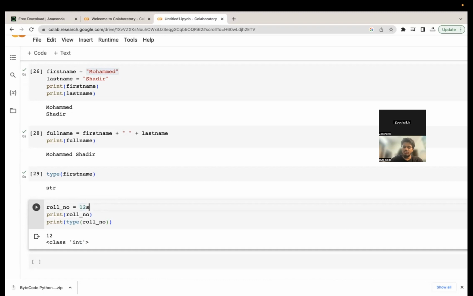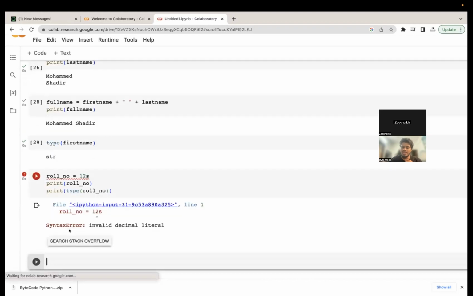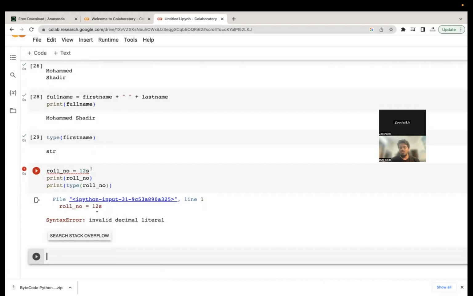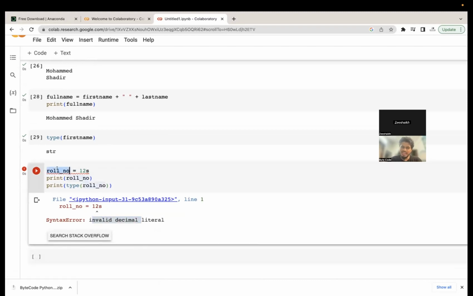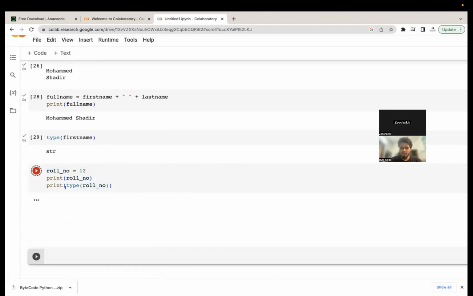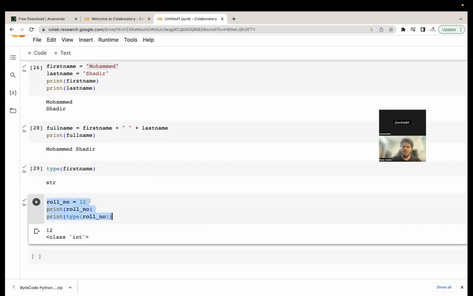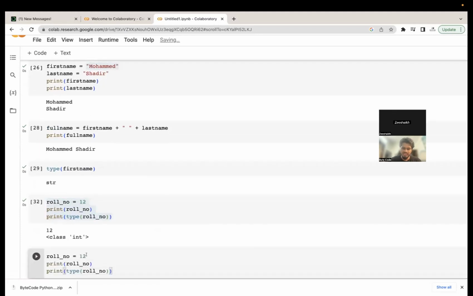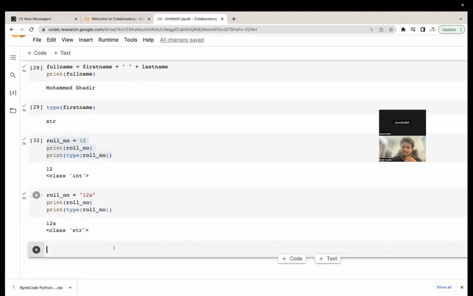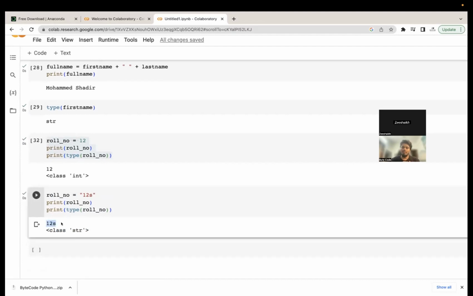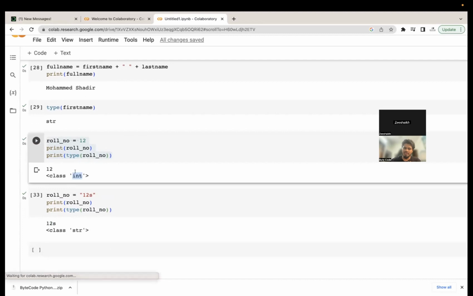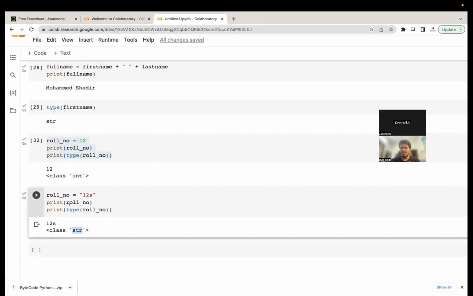But what if I don't use double inverted commas and try to add a string? Then it will give me an error. What is that error? That without inverted commas, you cannot assign a string value to the variable. I have to remove this s, then only it will accept. Now suppose I still want to go with it, then I have to create a variable like 12s with inverted commas. Although it gets printed, the type of the variable has changed from integer to string. Now this will act as a string.